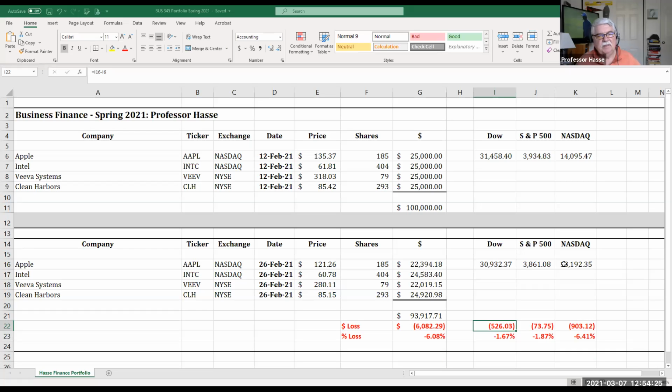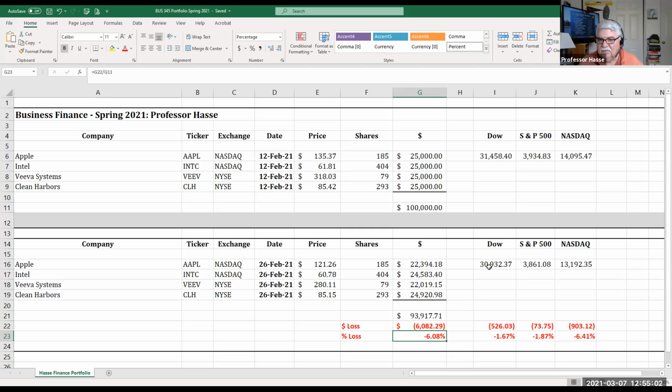And the final issue on the quiz, which a lot of us still had some difficulties with, is making sure you record the dollar gain and or loss and the percentage of loss or gain for your portfolio. As we went over this last week, I lost $6,082.29. $6,082.29 is 6.08% of my original buy of 100,000. Thus, I lost